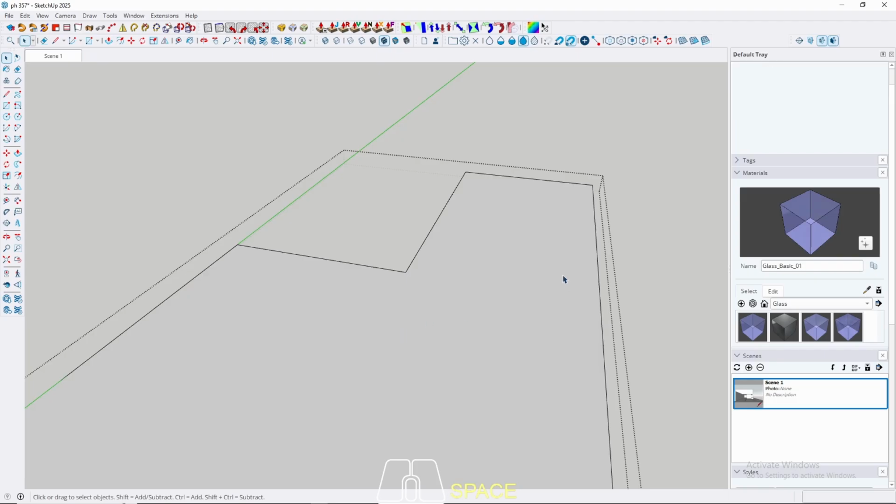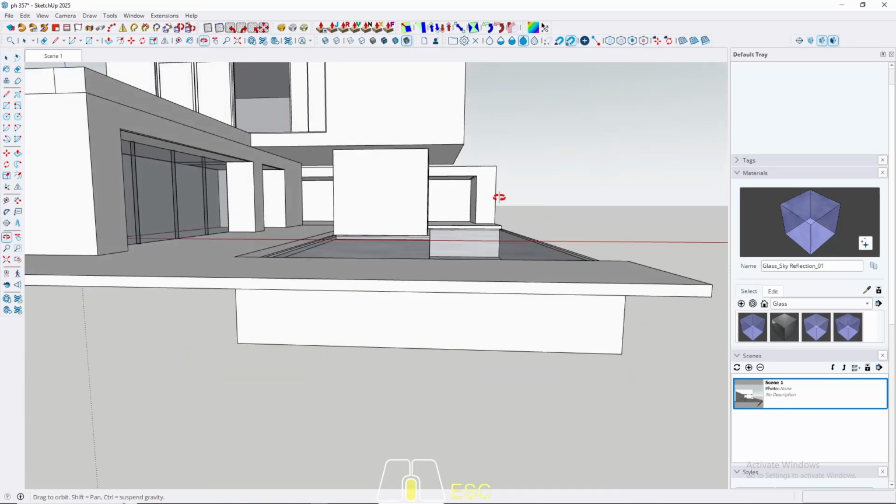Don't forget to put water material, but unfortunately we don't have any water surface material in SketchUp 2025, so let's use this sky reflection glass to make a difference between a normal glass and the pool texture. Okay,